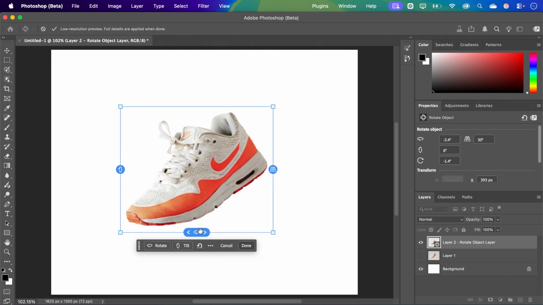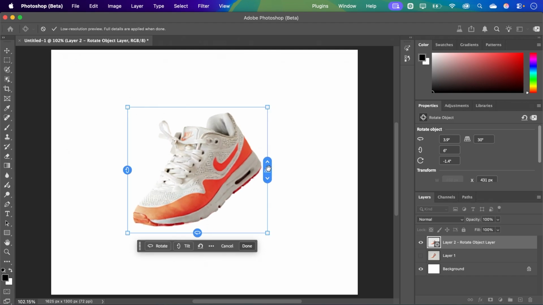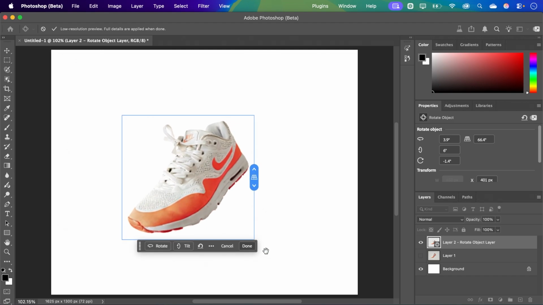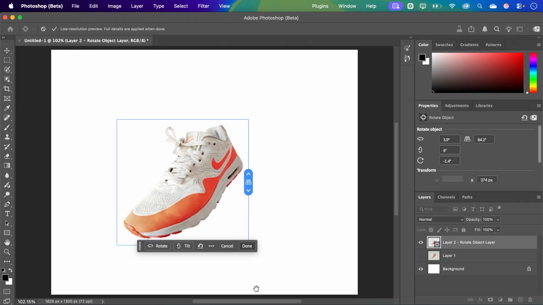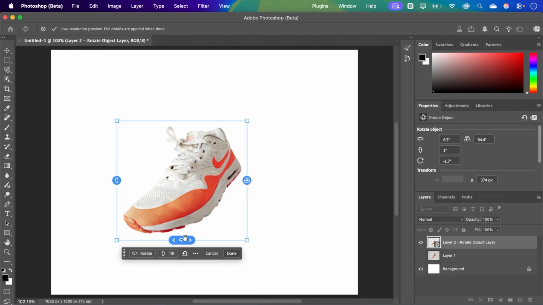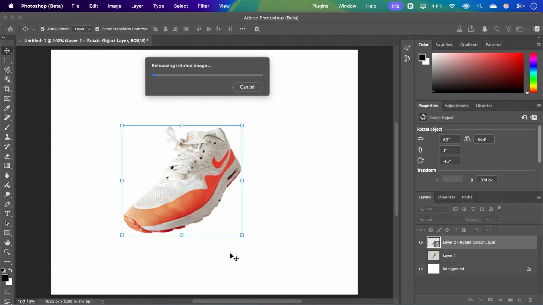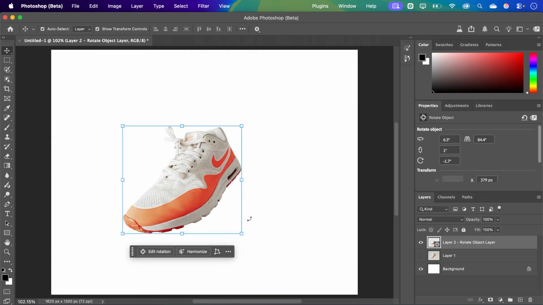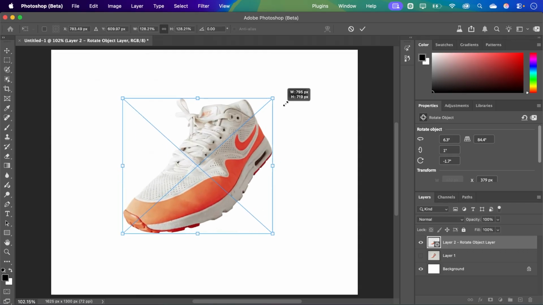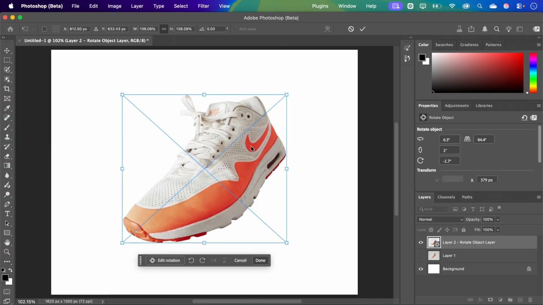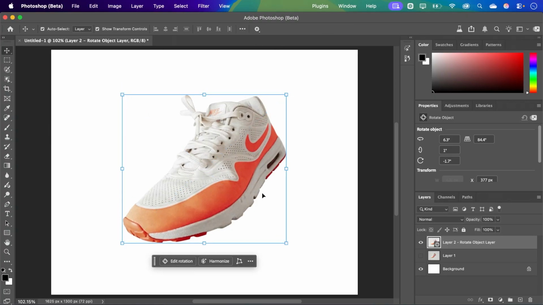And what I also love about this tool is we can also adjust the perspective to create some really cool dynamic angles. And so once you're happy with your new angle, simply click Done, and it's now going to process our image. So after that's done, I'm just going to scale this up, press Enter, and you can either export